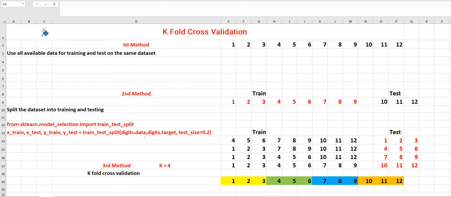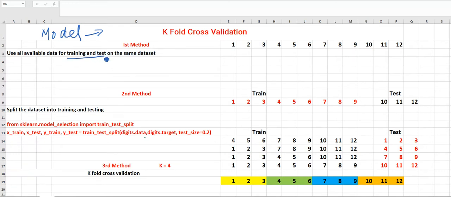So what do we do in machine learning? We train on our data set, or simply you can say we create a model, and then we supply all the inputs and outputs to our machine in supervised learning. If our score is good, the system will create a good output for us. There are three different ways which we use. Our first method is to use all available data for training and testing.